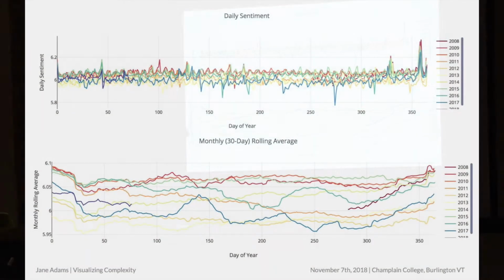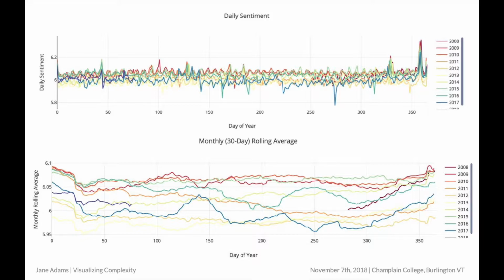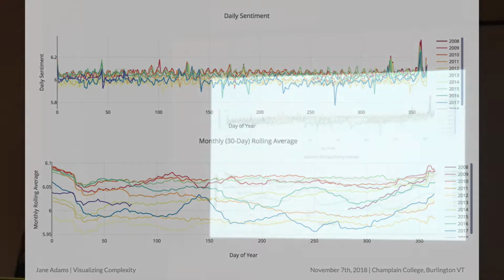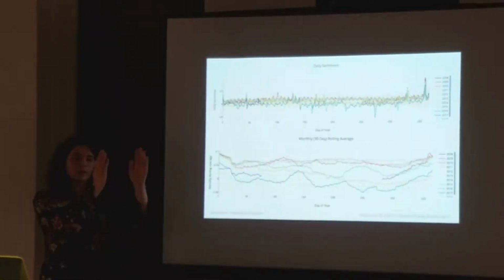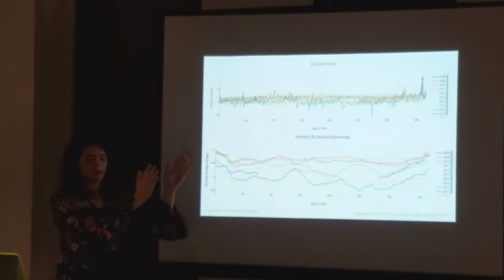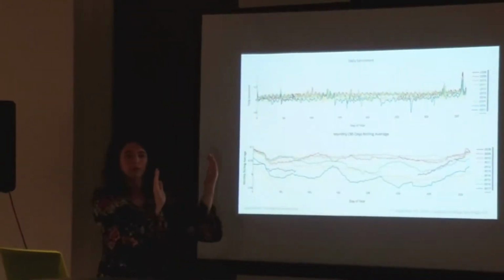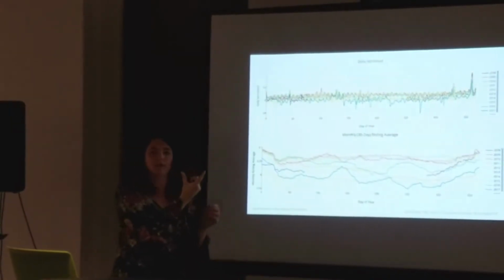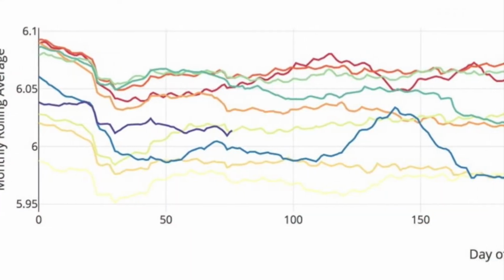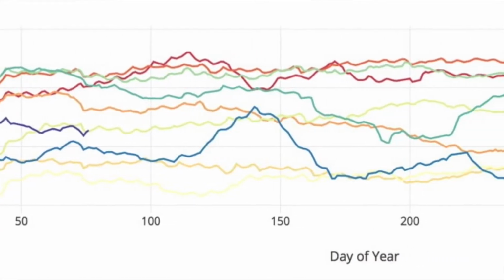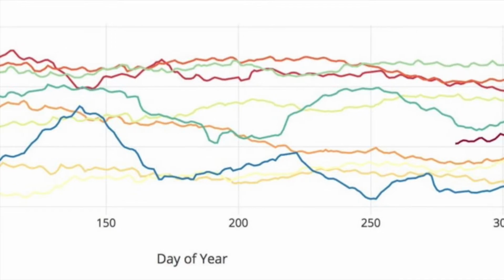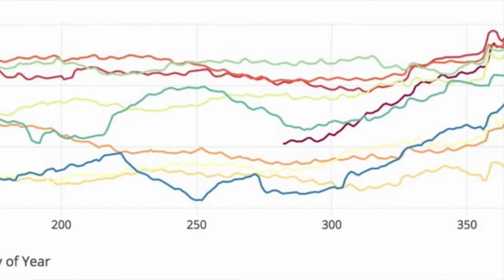So taking that daily sentiment and translating it into a monthly 30-day rolling average was an idea that I had hashed out with one of our researchers who does work with financial data, because this is something that they do when they're looking at financial markets to sort of smooth out this turbulence and see more general trends. So this is when you take any given day and compare the 30-day average from that day and the 30 days previous to it to the next day. So it's sort of like you're taking a 30-day window and sliding it across. So it ends up smoothing out this curve a little bit. And so then we can start to see more visible trends in terms of year over year, how things are changing.